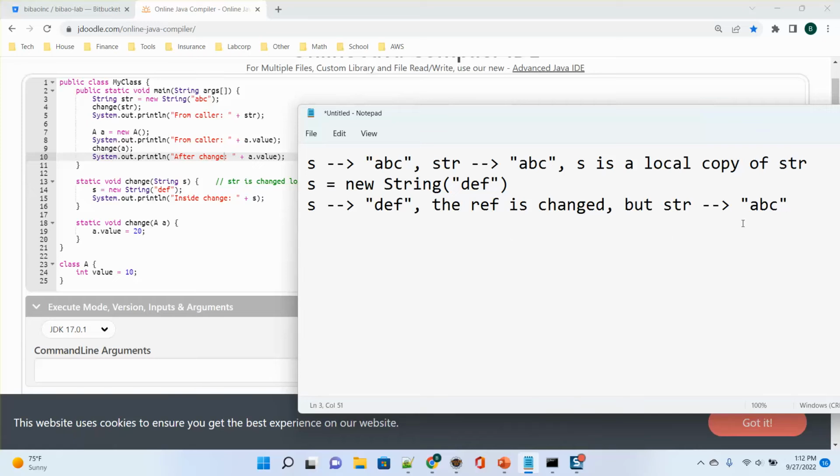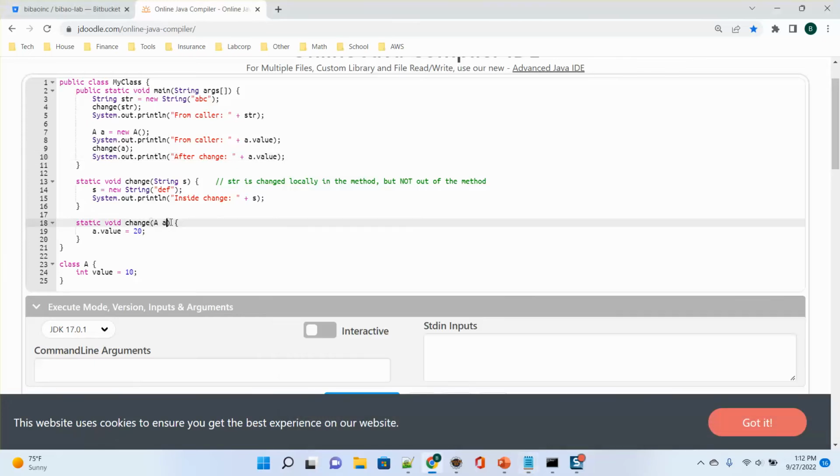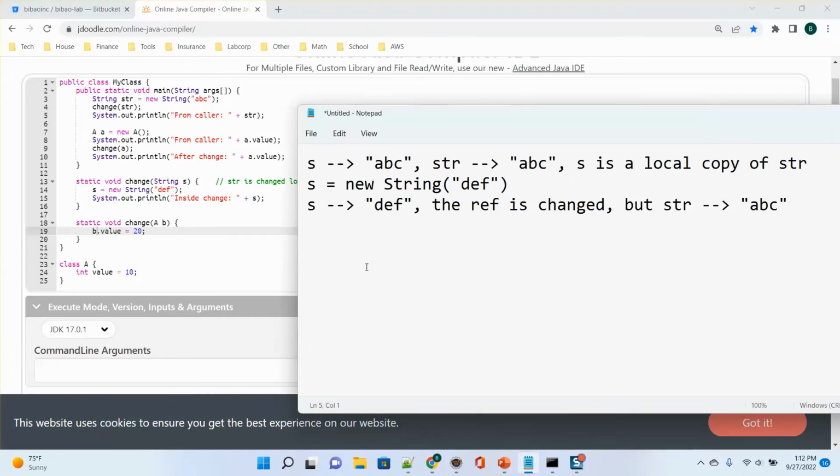Okay. Now go to this change of A. Maybe I use another name. So the name doesn't matter. So I can use B. Then when we do change A, B, first A points to the value equal to 10. Okay, and B is a local copy